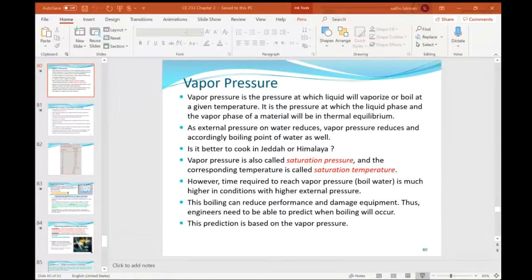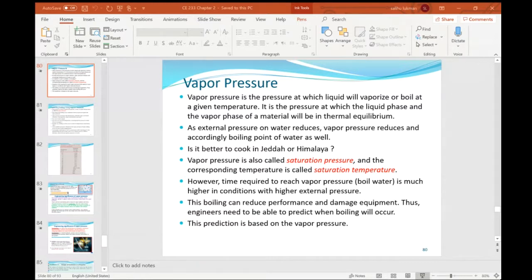And for cooking, you need high temperature to quickly cook your food. So it will remain at 80, and sometimes it will not even reach 80 degrees, because if it reaches 80, it will vaporize and become vapor. So you may have to cook at an even lower temperature, let's say 60, 70 or thereabout. And that will take longer before your food gets cooked. So it takes longer than necessary.